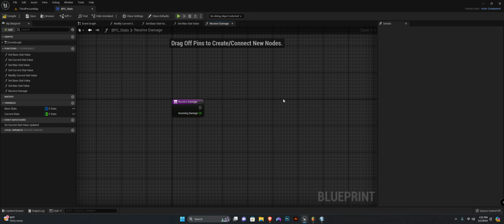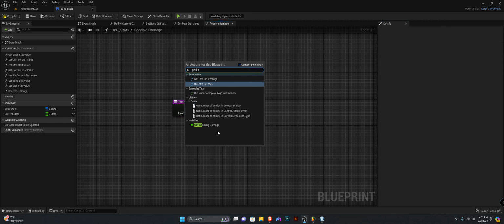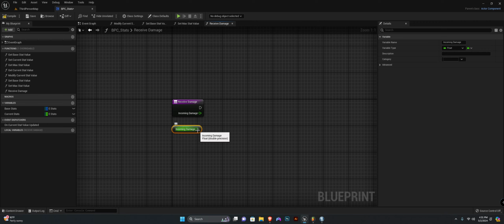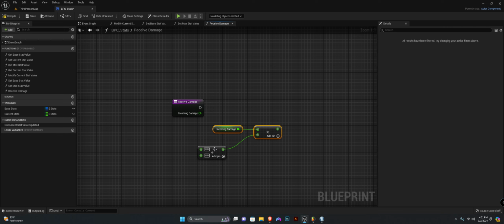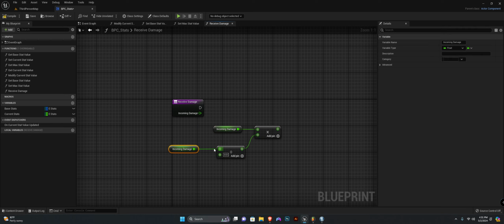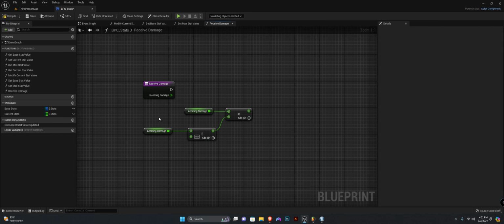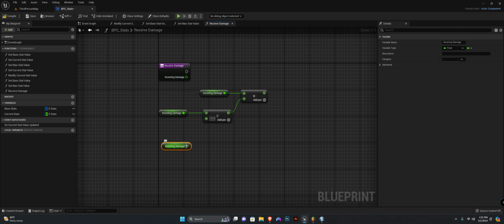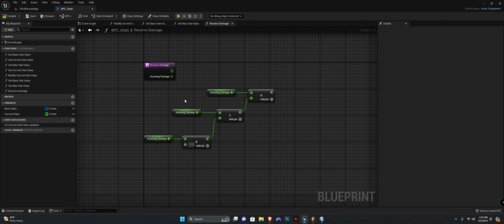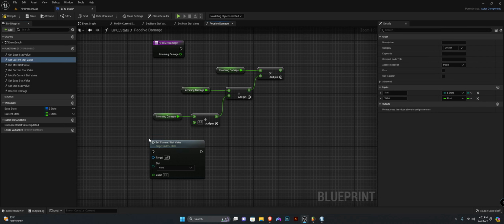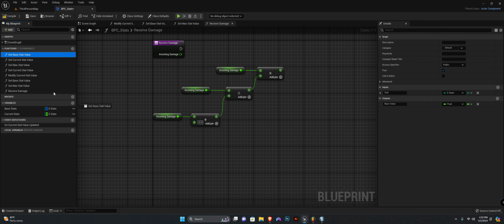Right, and we want to get our incoming damage. And then we want to multiply that by a divided value. So our incoming damage, plug it up here as well. And we want to divide that value by the incoming damage plus whatever armor value we have, because we will be using the armor stat later on in the series. So what we want to do is get current stat value, not set, get current stat value